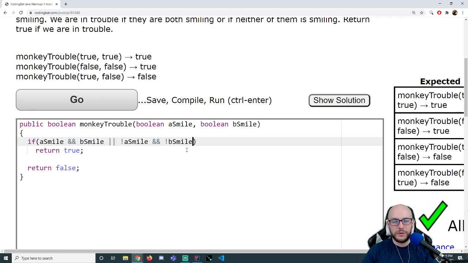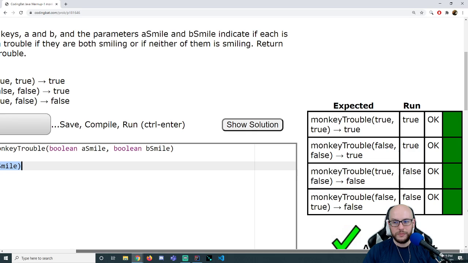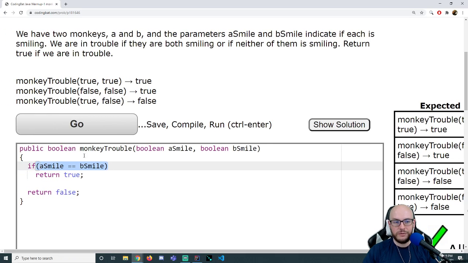Okay. I kind of expect you to get pretty close to this. The big brain thing to recognize is we're in trouble if they're the same. That is, if A is equal to B. Right? If A is true and B is true, we're in trouble. They're the same. If A is false and B is false, they're the same, and we're in trouble. Right, I'm going to hit that go, and we see that, and ready for our most elegant, biggest of brains